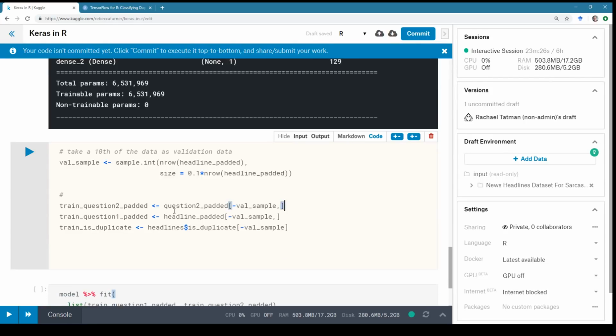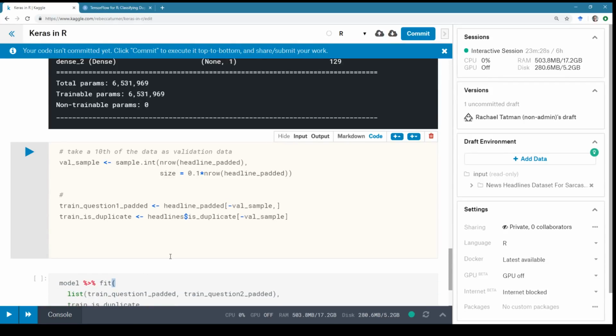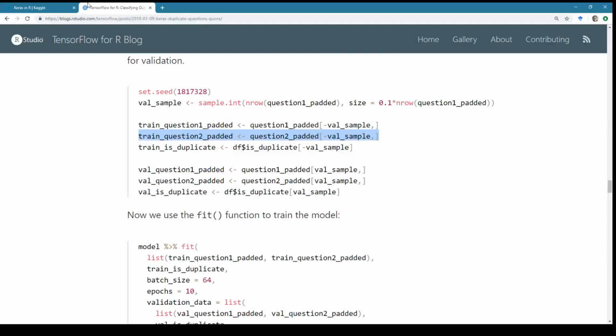Oh, okay. Yes. Those are both samples. So here I'm taking a random 10% of our data, and so it's the validation that we need.